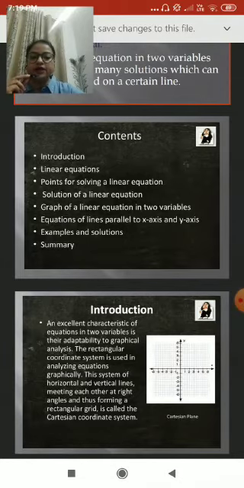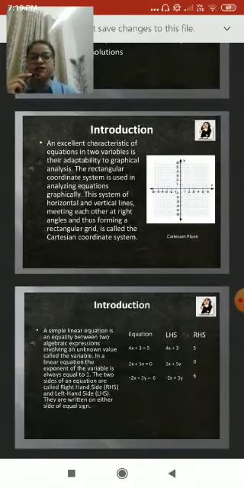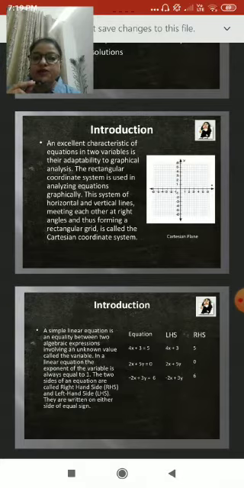So starting with the introduction, as you can see in the slide, in this picture, you can see a graph. It resembles a simple graph paper or a page which you get in your graph copies. Since we have to plot points on the graph, we make an x-axis, some horizontal lines and some vertical lines, and we put the numbers 1, 2, 3, 4 and so on to the left hand side and also the right hand side, and vertically up and down, with negative and positive values.